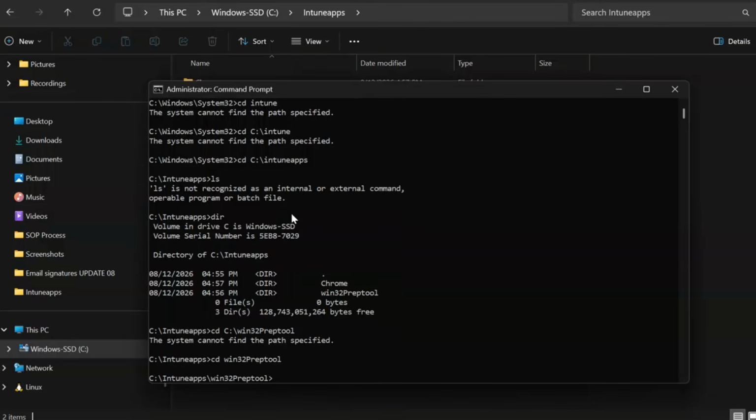Okay, now I'm in there. So I just have to do cd instead of the C. Sorry, I'm more used to Linux. Okay, so now that we are in the cd Intune Win32 Prep 2, which is where we want to be,